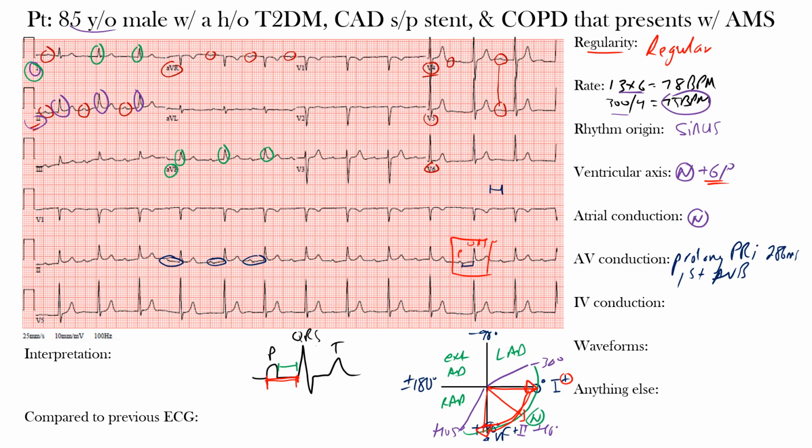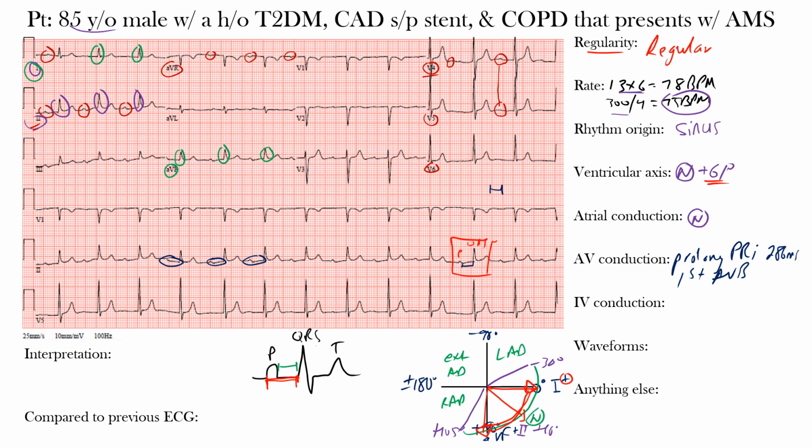All right, next we have intraventricular or IV conduction, and this is where we look at the duration of the QRS complexes. Normal QRS duration is between 70 and 110 milliseconds, or about 2 to 3 small boxes. Some may consider that upper limit to be 120 milliseconds. Anyways, the main thing with intraventricular conduction is seeing whether or not the QRS interval is prolonged. On this EKG, we can see that we have narrow QRS complexes that appear within normal limits. In fact, the QRS duration here is 86 milliseconds,